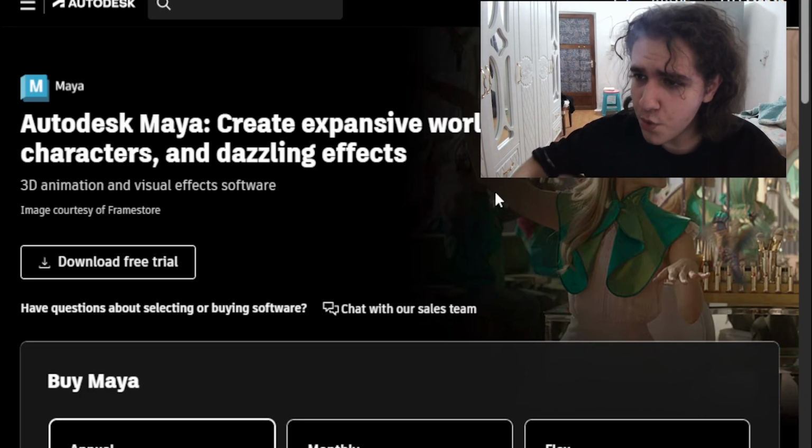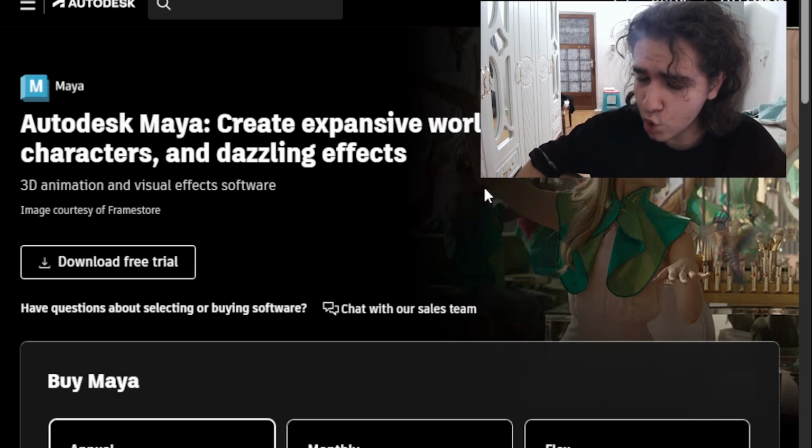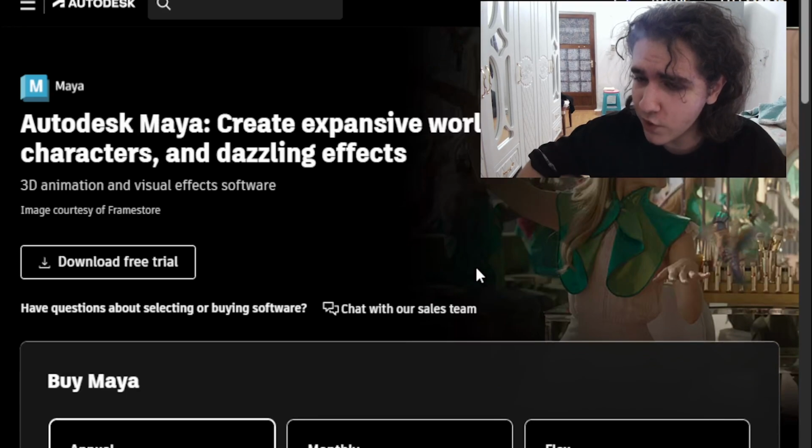So for 3D software, Autodesk Maya is one of the most used 3D software out there in the industry. Yes, it is well known even in the indie industry. Some people don't usually use it because of the high price of Maya, but definitely if you want the best visuals, the best 3D modeling software, Autodesk Maya goes on top.